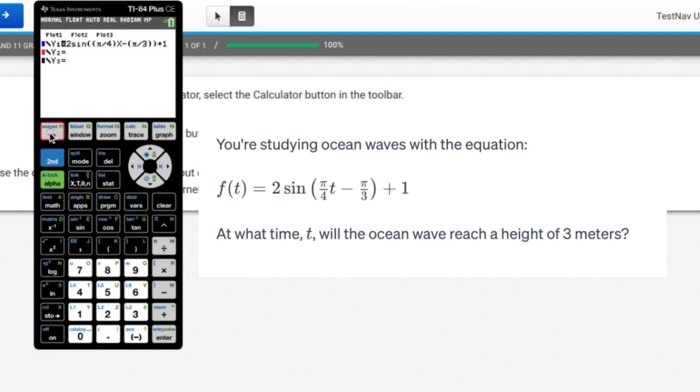So why don't I find out what that time is by going to y equals 3 and then finding out where these two guys intersect. So it's going to intersect somewhere around here. Second calc will let me find the point of intersection, so I'm going to hit second calc 5. My first curve, I'm going to make sure I'm to the left of what looks to be the intersection point. Knowing what I know about altitude and vertical shift, it looks like it's literally going to peak out at 3, because it does. So I'm going to make sure I'm to the right of 3, hit enter, and when I hit enter again, it gives me the intersection point of